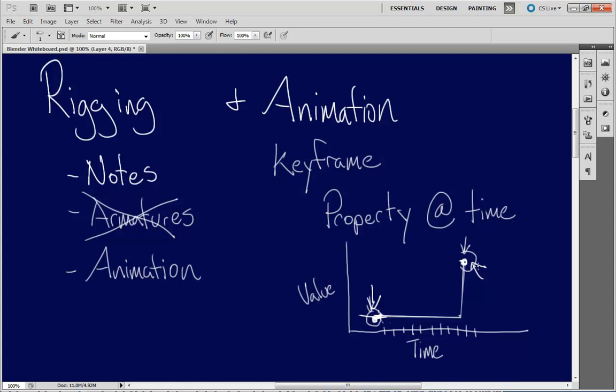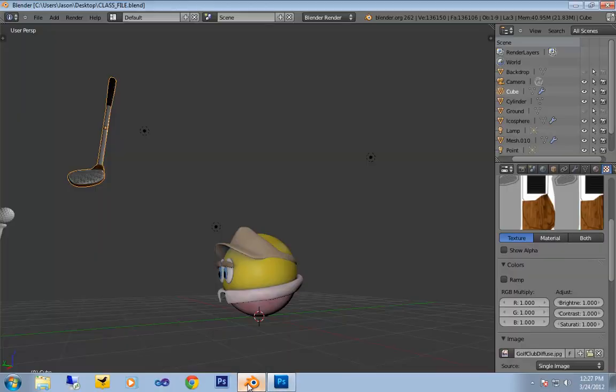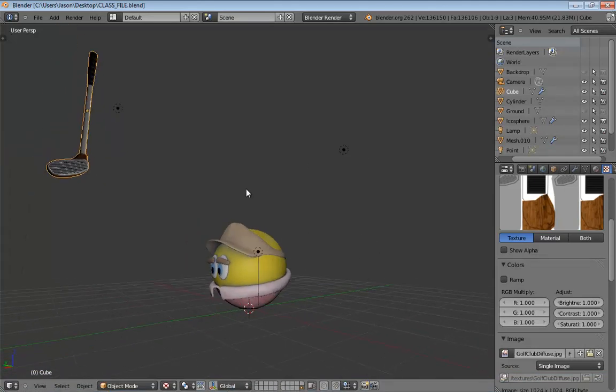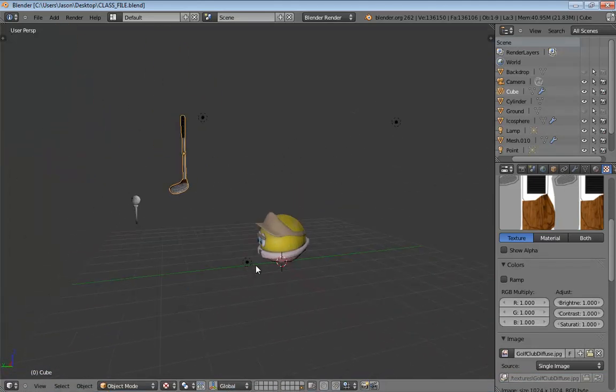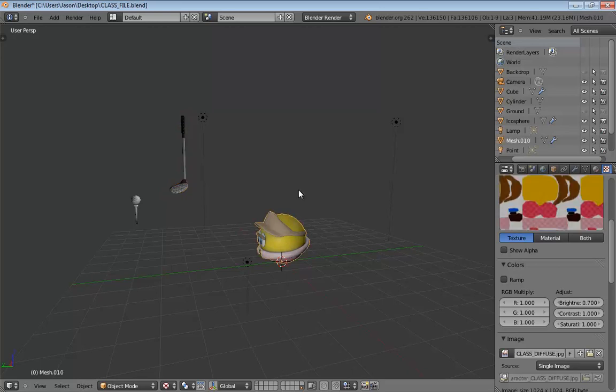So that leads us over to Blender. Now, again, I've got my file set up a little bit differently than you guys. If you still have your animatics in your scene and you want to animate to those, please, by all means, go ahead. I'm going to be working in a fashion where I won't. I'm actually going to be creating everything kind of from scratch today. So what I want to do first is create our rig for our ball character.